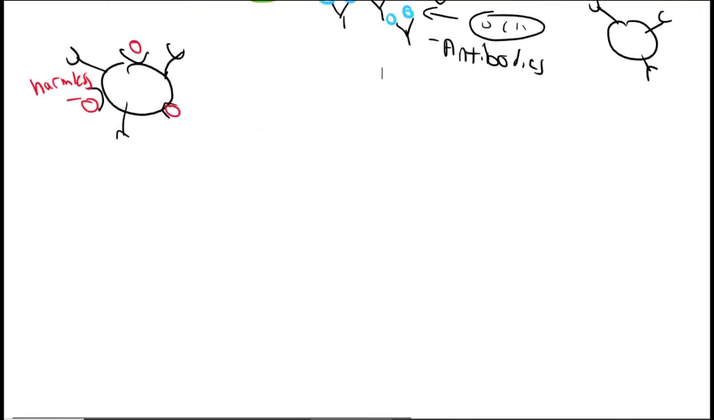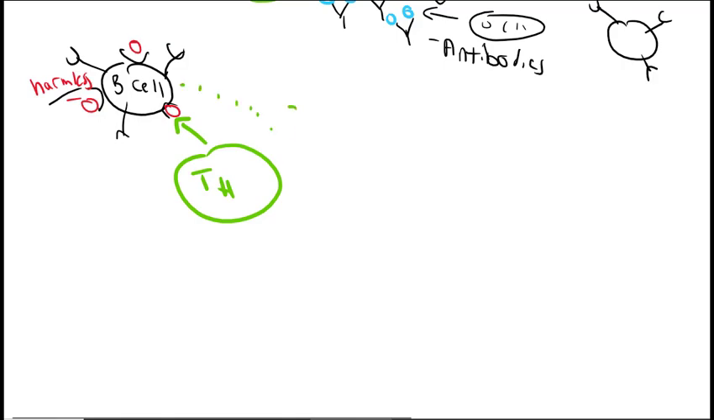In the second scenario here, I drew another B cell. Again, this is a B cell, but this one is displaying a harmless antigen on its MHC2. This time, another helper T cell is going to come in, but it's going to recognize that this antigen is harmless. We don't want to activate the B cell this time because we don't want the B cell to produce antibodies against something harmless. So this time, the helper T cell is again going to secrete cytokines, but